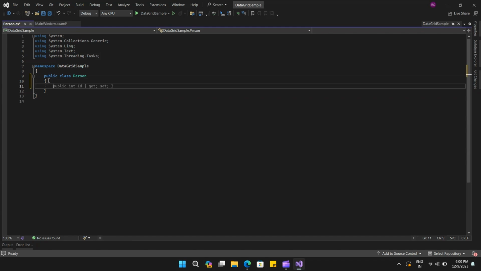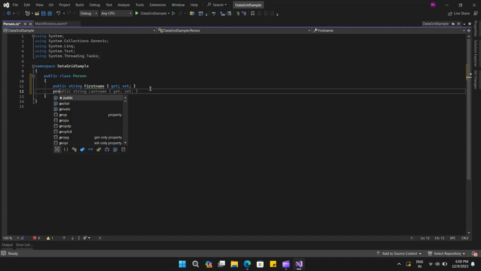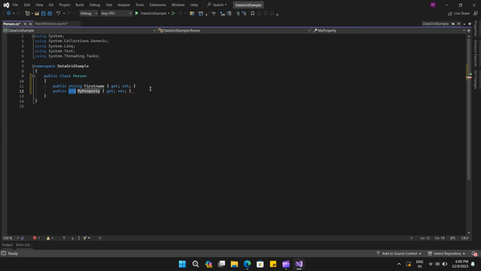Next, let's add two properties. Let's use this IntelliSense and change this into string, and the property name would be FirstName. Let's make a copy of this and change the FirstName property to LastName. So we have two properties, FirstName and LastName. Next, we will instantiate these properties in this method,